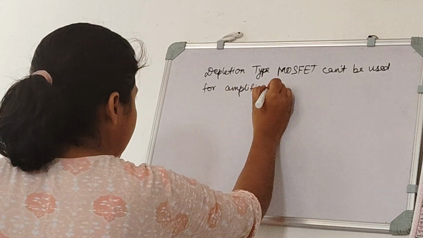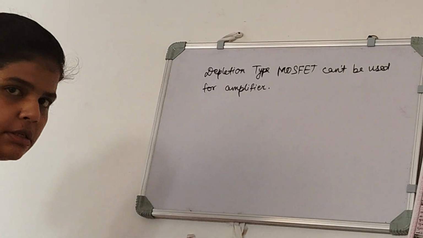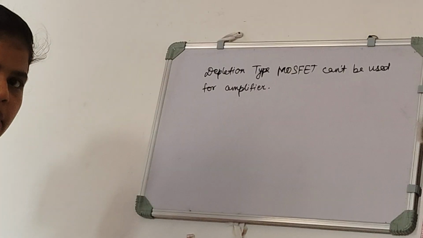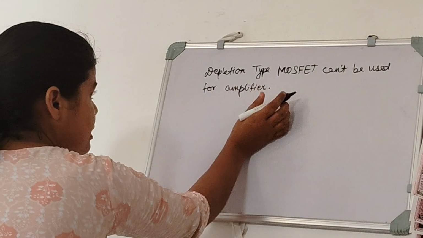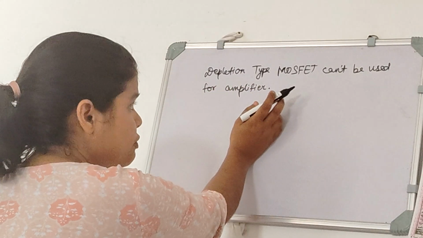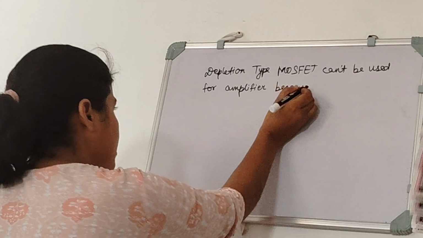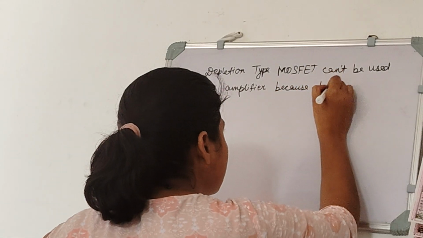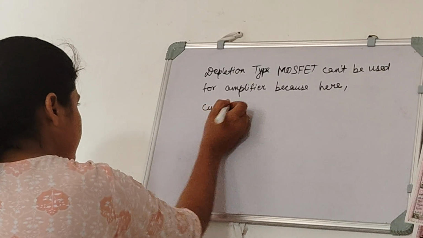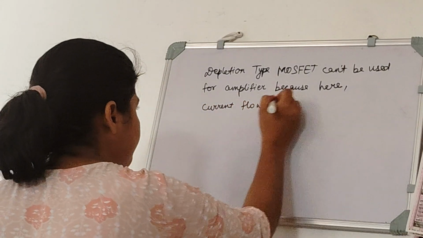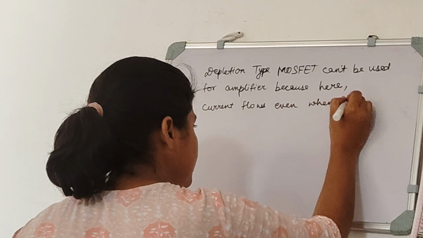Because we saw that even when there was no applied VG or VGS, even then current was flowing on applying VDS. So here we can write that depletion type MOSFET can't be used for amplifier because here current flows even when VGS is 0,